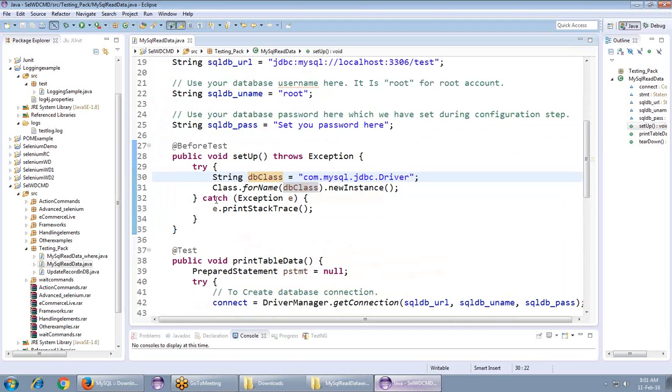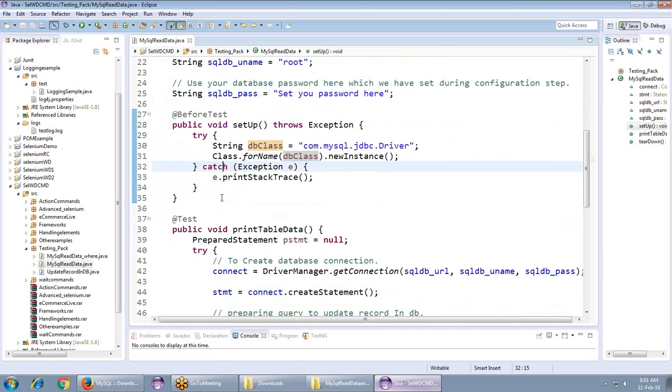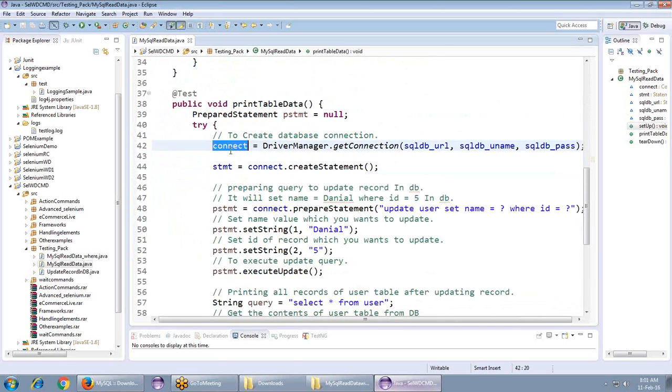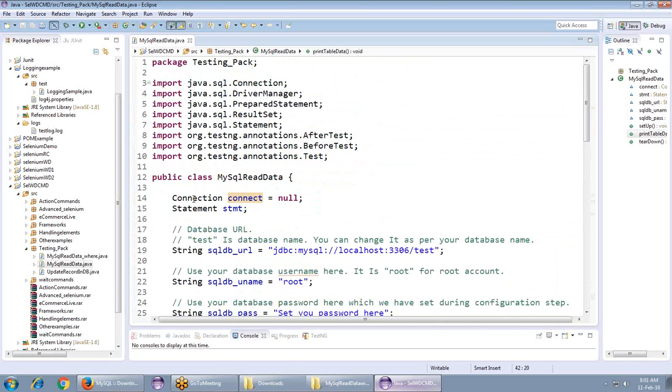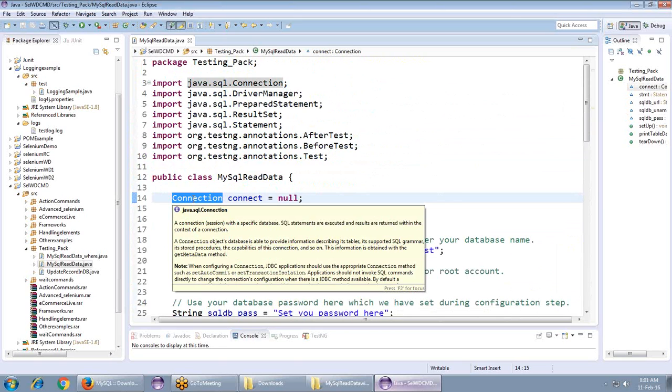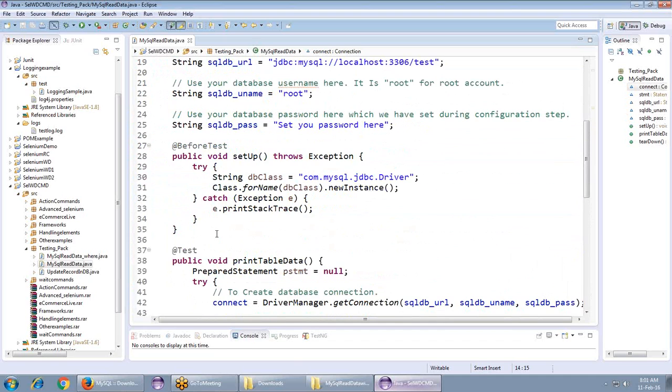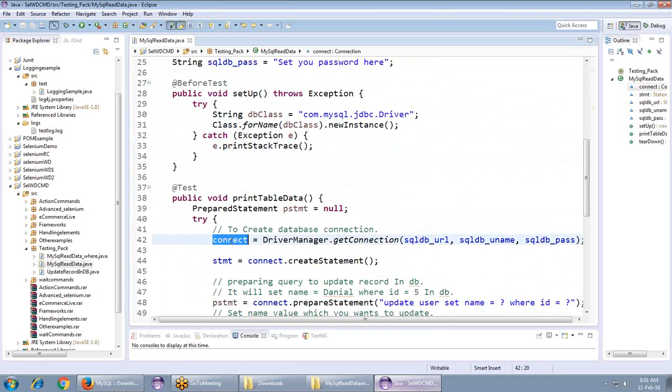If by any means it is not able to connect with the database, it will simply throw the exception in the catch. In the actual @test, we are passing the connection object. Earlier we used the connection interface, which is available in the MySQL server jar file, which we will configure. And then here I'm notifying its object, same like WebDriver driver equal to new Firefox driver. This is the connection object name equal to